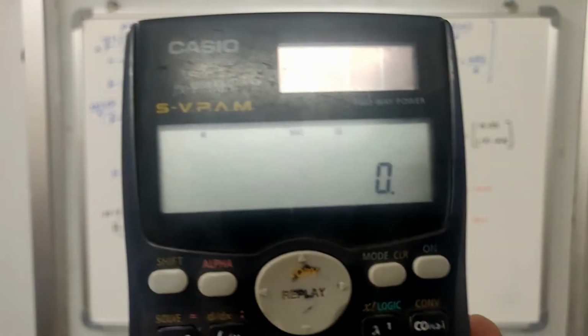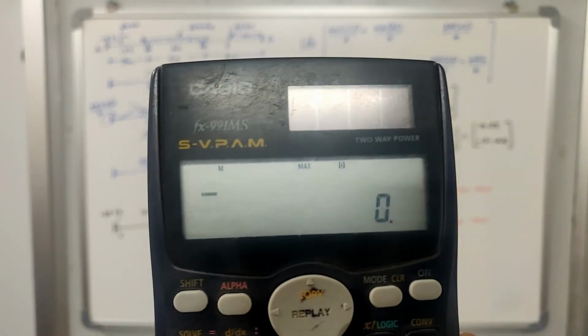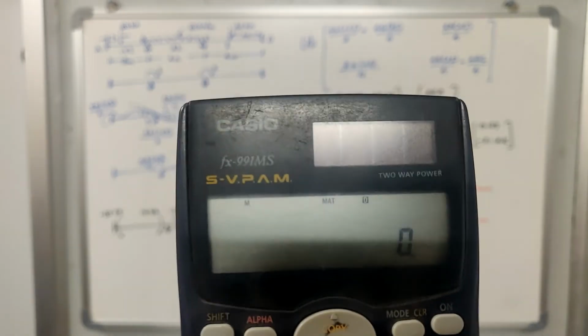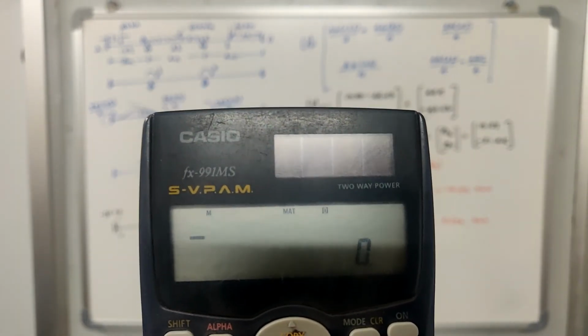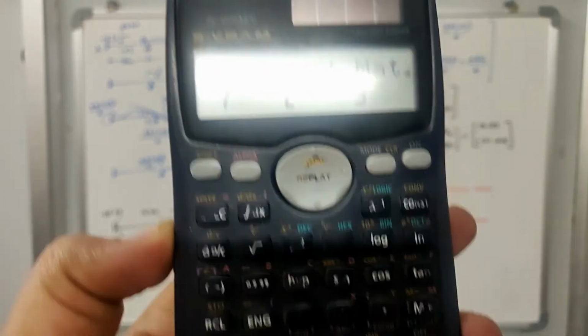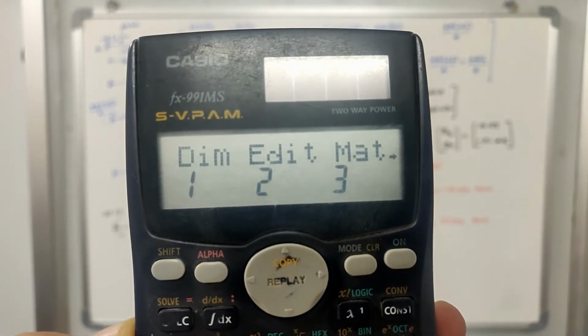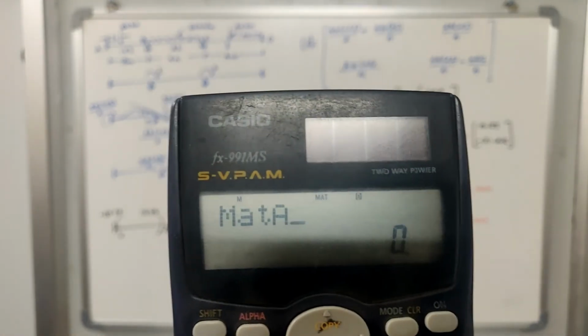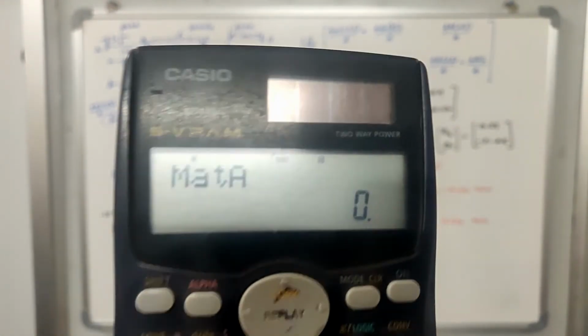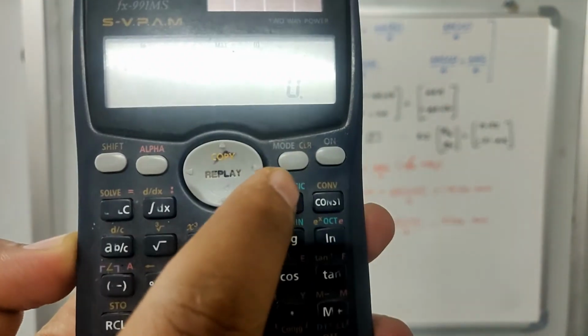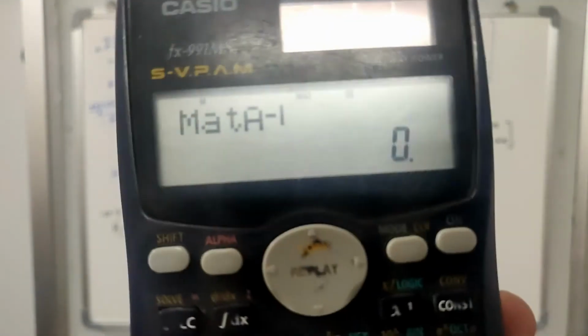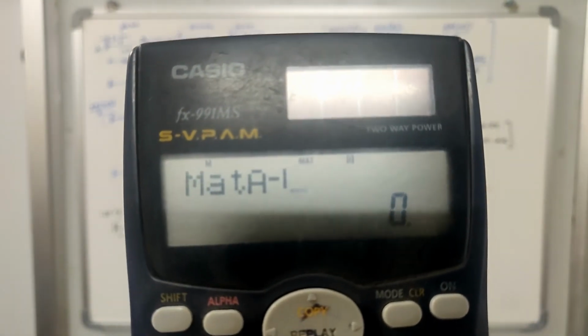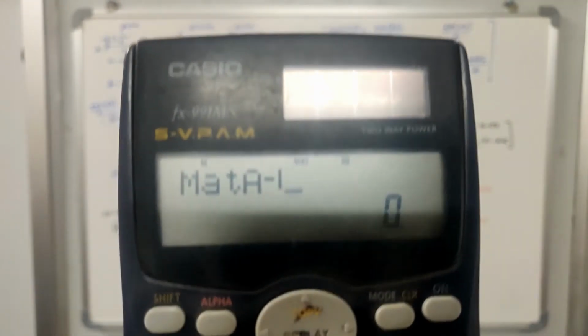Now we have substituted the stiffness matrix, then we have substituted the force matrix. So let us take the product of the inverse of the stiffness matrix and the force matrix. Okay, let us click on shift, go to mat, then this time you go for mat, which is 3. Click on 3 and I'll click 1 to get the first mat. So this mat A is representing the stiffness matrix. So let us get the inverse. To get the inverse, you have to click over here. So we got the inverse of matrix A, which is the inverse of the stiffness matrix.